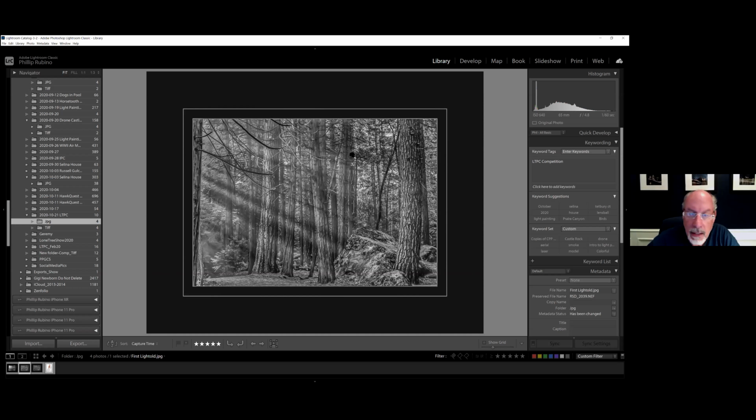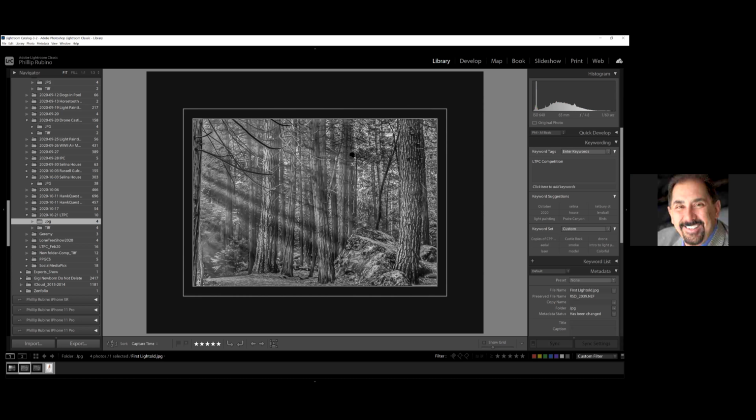I really like the mat around there. The presentation is excellent. With how contrasty you made the photo, the mat fits perfectly. It's great. Thanks.